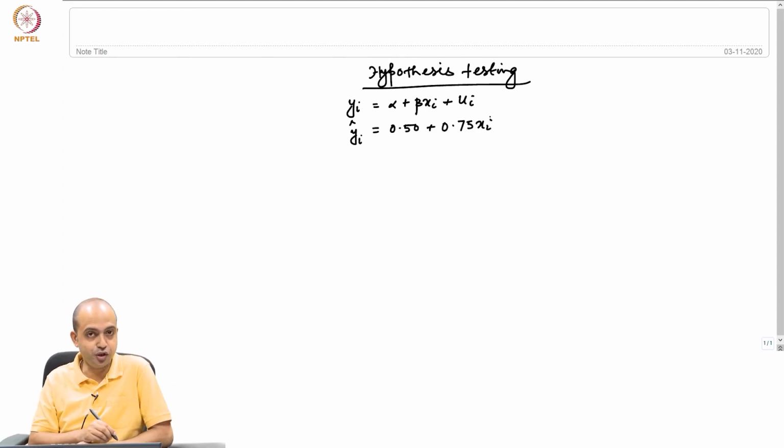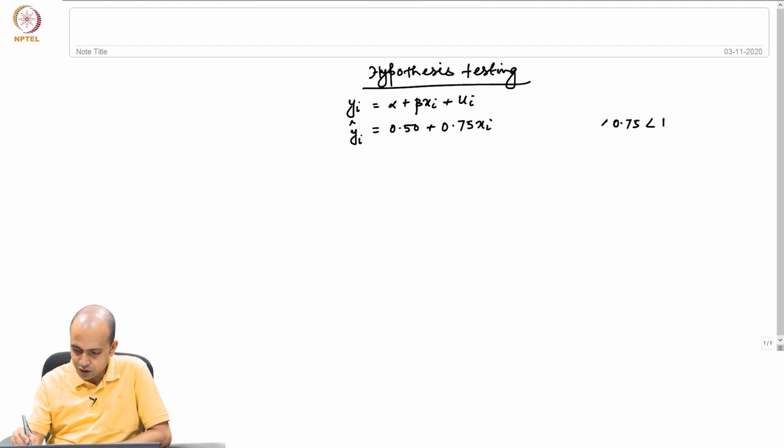This is your estimated model, right. Now, from this model you can see that 0.75 is less than 1, but greater than 0, which we were expecting from the Keynesian consumption function hypothesis,